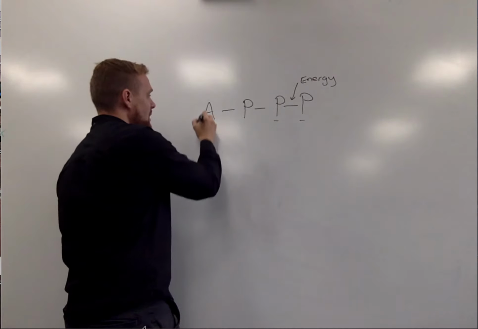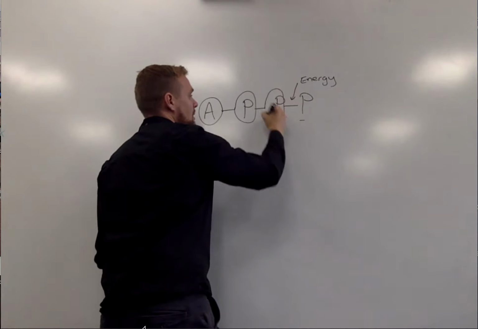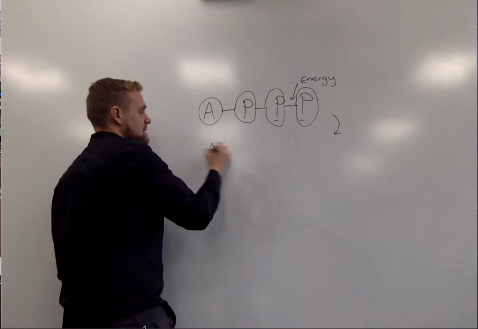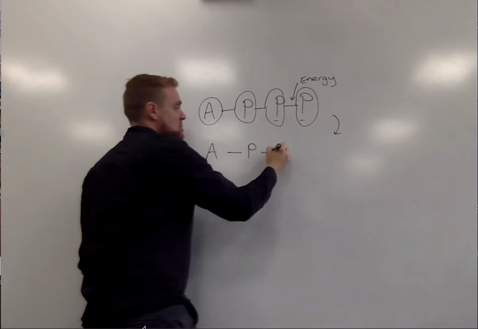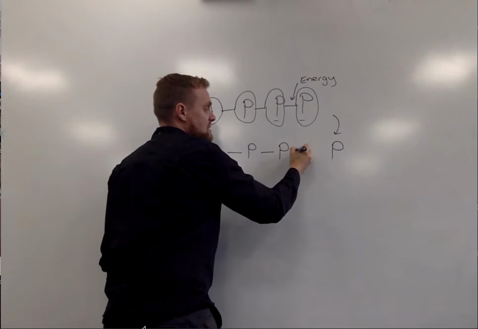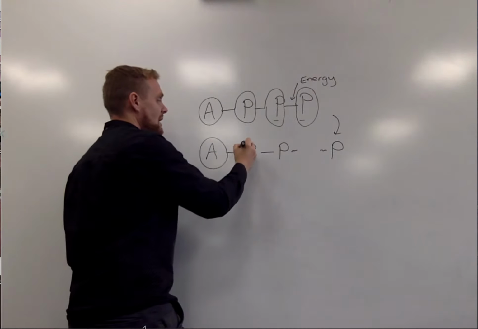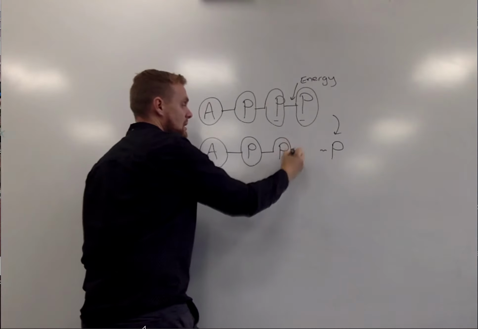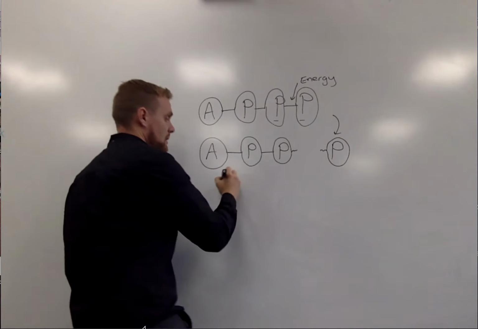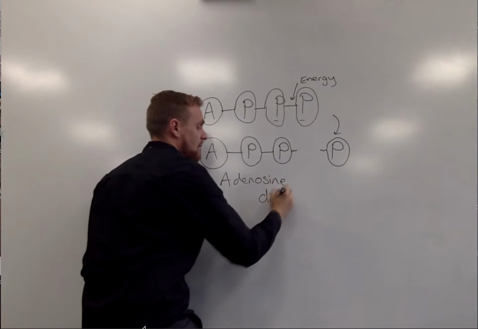So we have ATP, adenosine triphosphate, becomes adenosine and 2 phosphates, with this 3rd and final phosphate having its bond broken. So we now are left with adenosine di, meaning 2 phosphate. This adenosine diphosphate